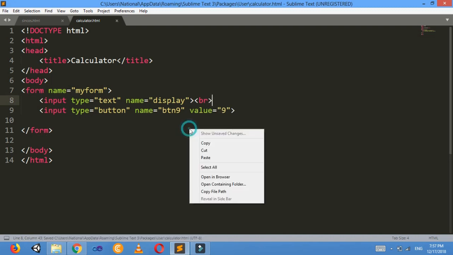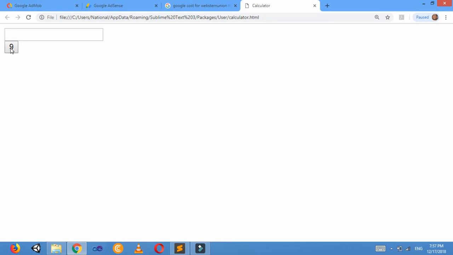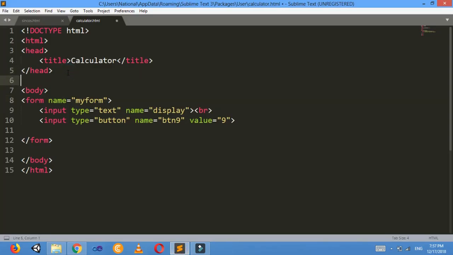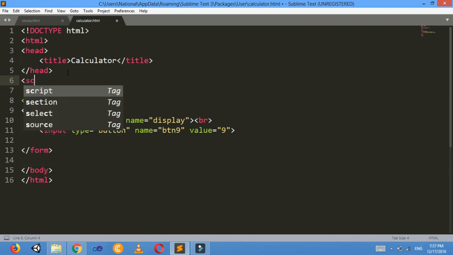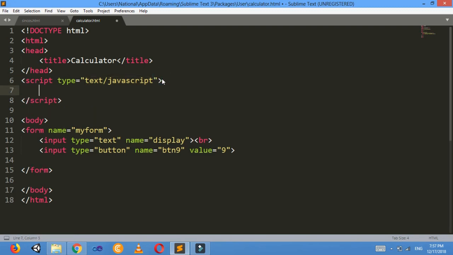Now what we'll see, open in browser. I've seen a text box and here is a 9. Now I'll make a new JavaScript function here. Script type is equal to JavaScript, then function my click,